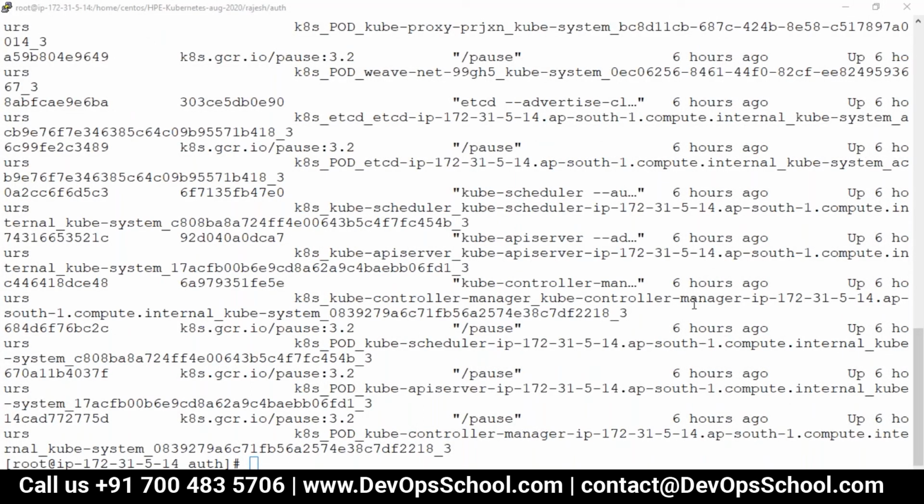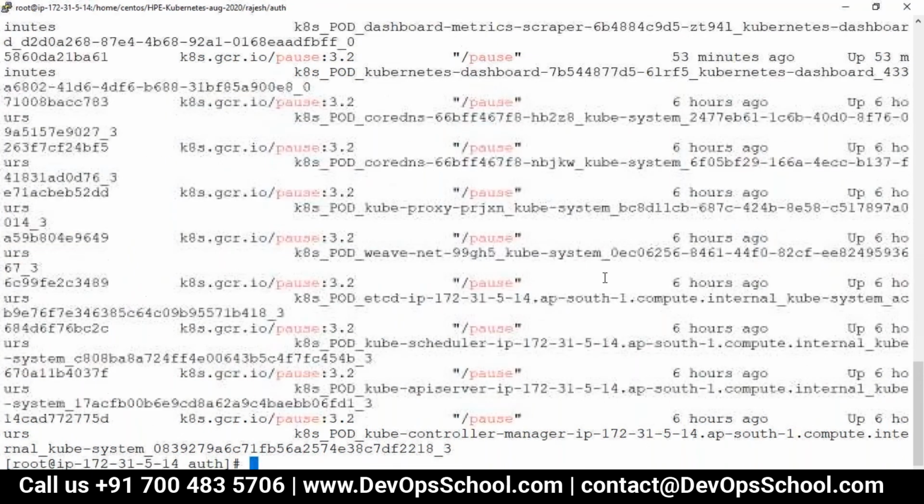So do one thing, ps with label, grep pause. See, look at this. This is the pause container running in each worker.